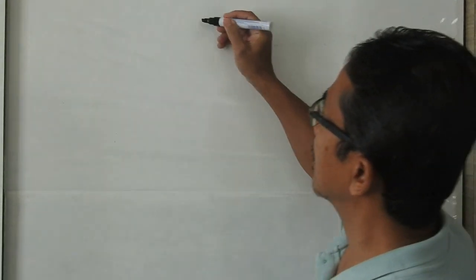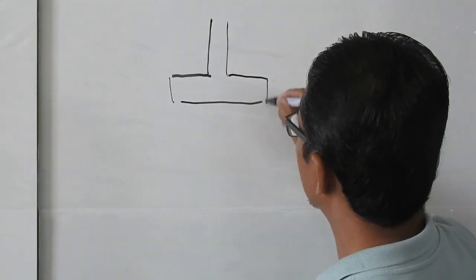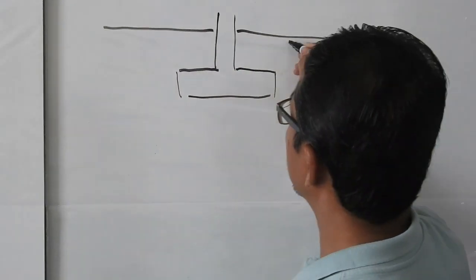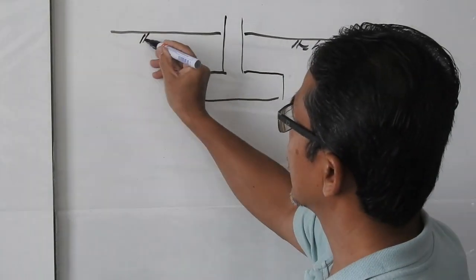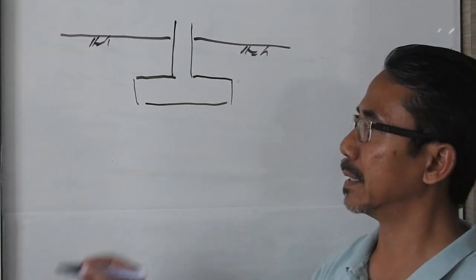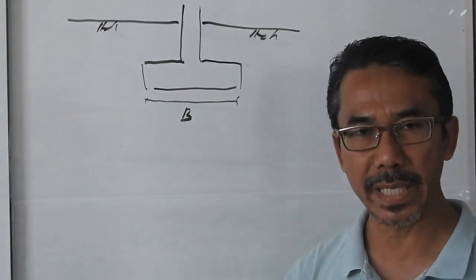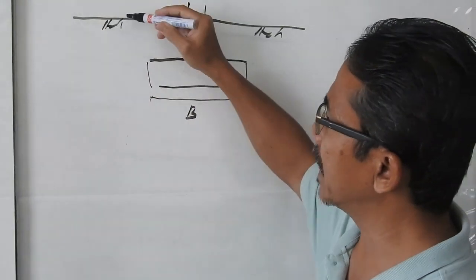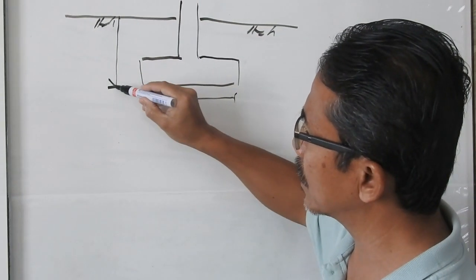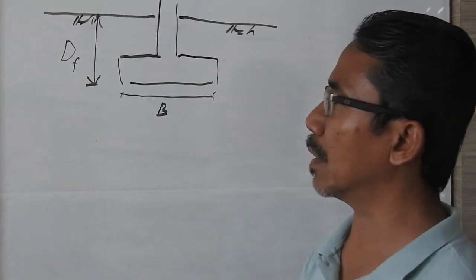How to differentiate between shallow foundation and deep foundation? Let's say this is a general schematic of a foundation. So the width of the foundation here is known as B, the width. And from the ground surface to the base of this foundation is known as depth of footing or depth of foundation,